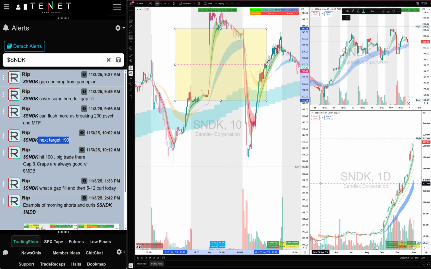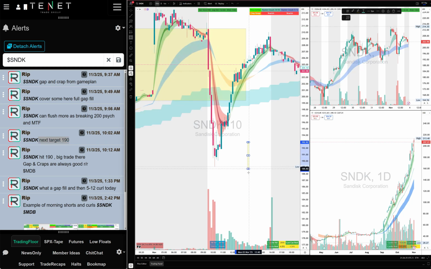Even if you're risking $3, you are making $15 there, because the risk was right here over 210 when we were adding shorts. If we're adding lower, the risk was right here at 208. So if we were risking $3,000, we were making 10 grand. If we are risking $300, we are making over $1,500 on this trade. If you are shorting the shares, of course you could trade options as well, but the point is you need to learn how to short, and the gap and crap setup really gives you good returns.